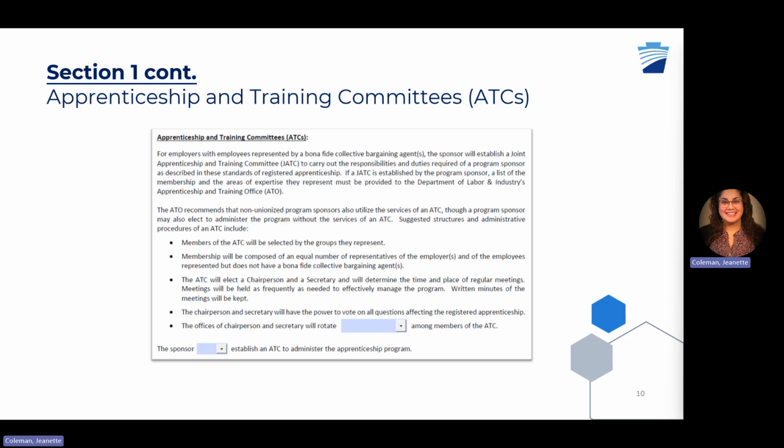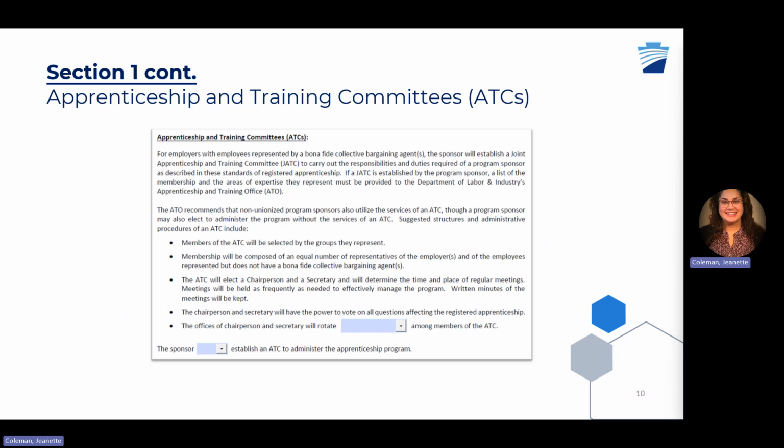Benefits of an ATC is having members to oversee the administrative aspects of the apprenticeship program. And ATCs will help keep the program running, especially if there is staff turnover. The ATC is a brain trust or think tank designed to ensure continuity of the program when there are key staff changes. An apprenticeship and training committee's information form provides structure and oversight for apprenticeship initiatives and is recommended for